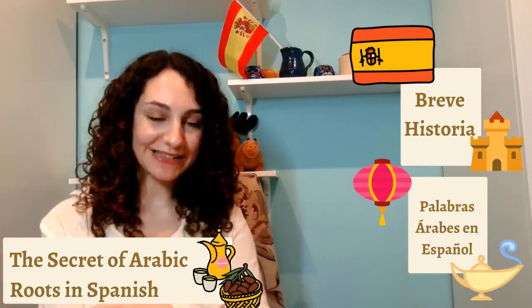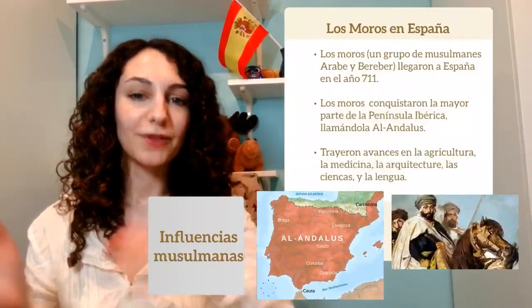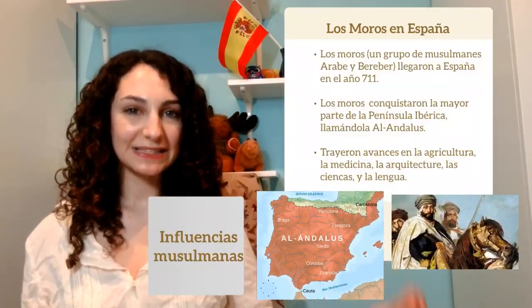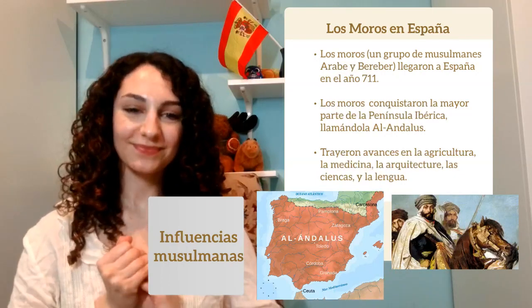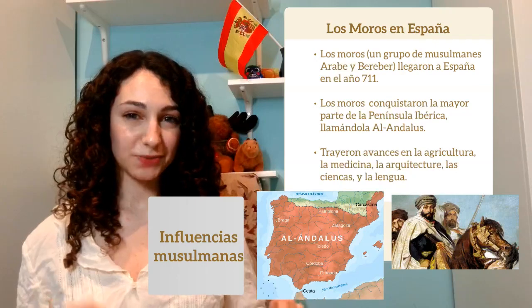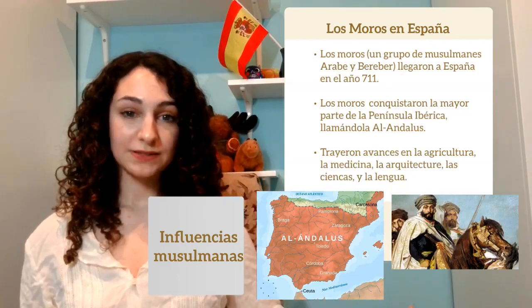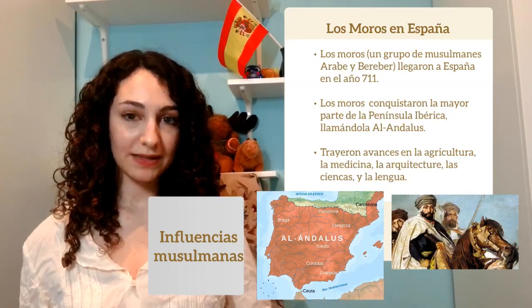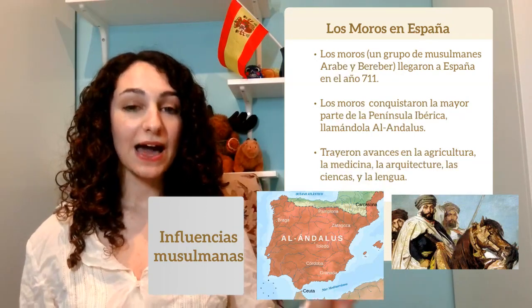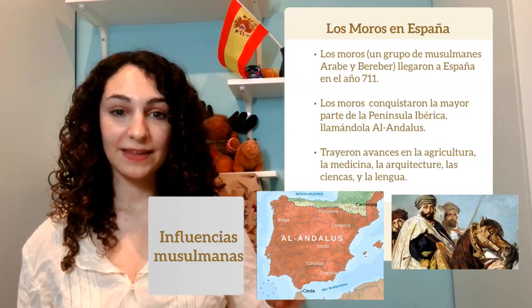Y bueno, vamos a empezar con una breve historia de España y los moros en España, okay? So, I'm going to speak in Spanish, but I'll speak slowly, and I'll throw in English where I see necessary, okay? Entonces, los moros, un grupo de musulmanes, a group of Muslims, árabe y bereber, llegaron a España en el año